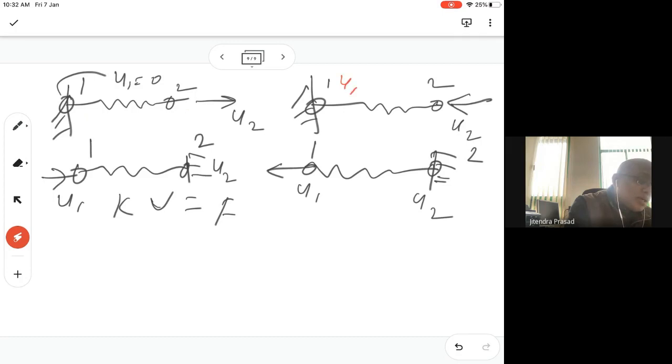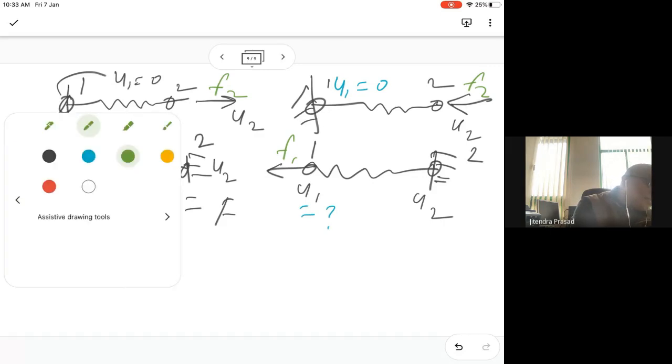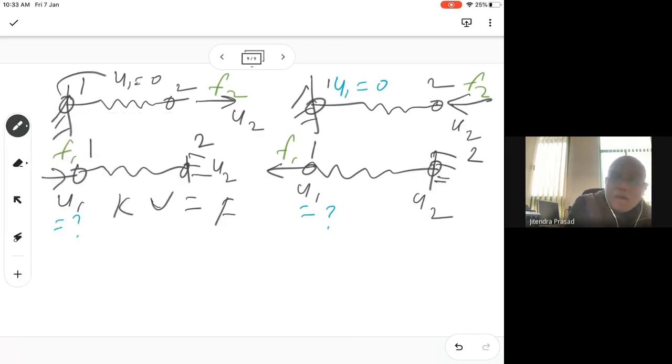So here also u1 equal to 0. Here u1 equal to what? We have to find out. In this case the force has to be given, right? So F2 will be given. Here F1 will be given like this. Okay. So how to solve those problems now? We can solve any of these problems now. We can even solve this problem when you have